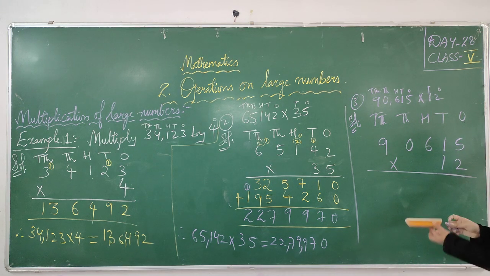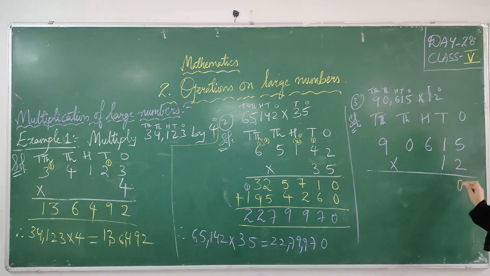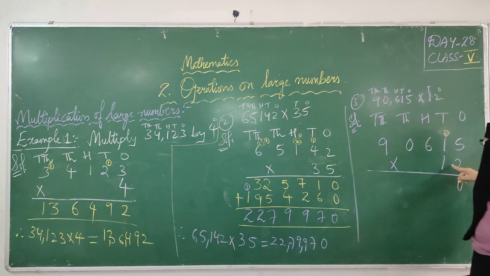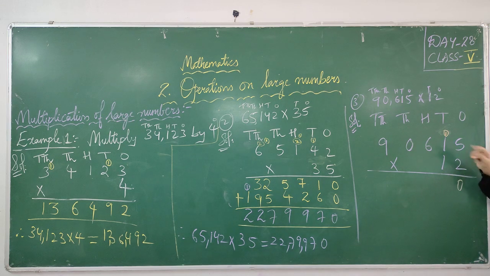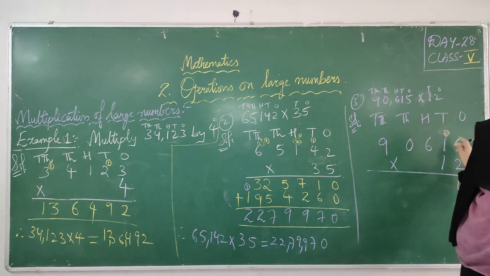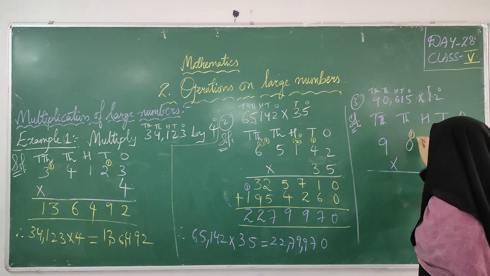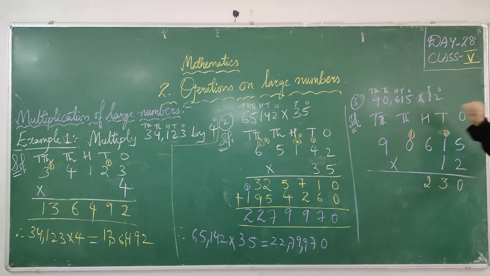See, 2 5s are 10, right? So 0 I am keeping here, 1 I am sending carry. Write it small because we are having other number and we have to send the carry of the second number as well. 2 1s are 2, 2 plus 1, 3. 2 6s are 12, 2 carry 1. 2 zeros are here. Why I have taken one more problem is, here we are having 0 in one multiplier, one number we are having 0.